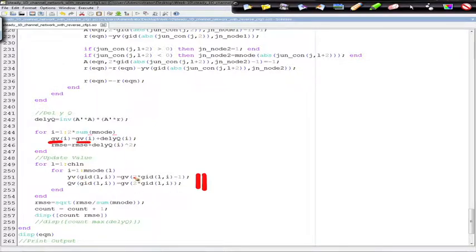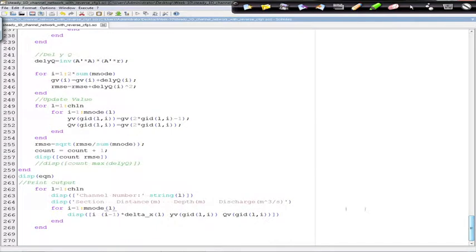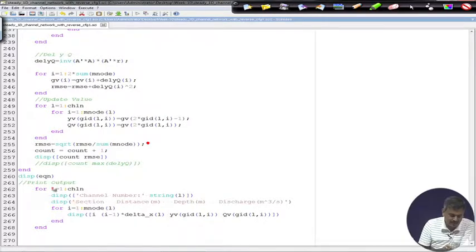So, YV should be GV in 2 GID minus 1, and this is YV is GV to GID. Now, let us run this one, because last thing is RMSE calculation, count RMSE values, and final thing is print